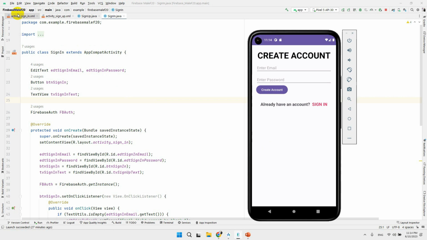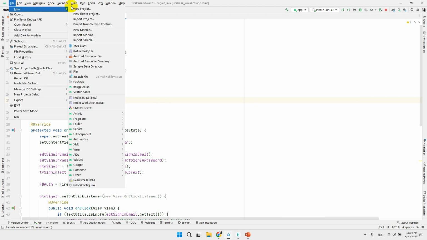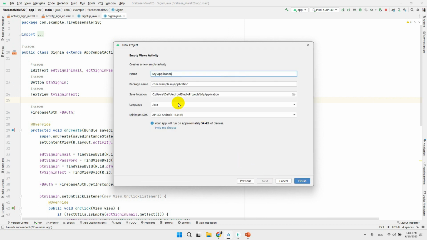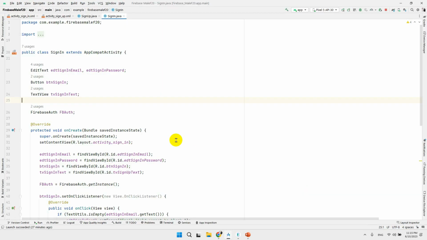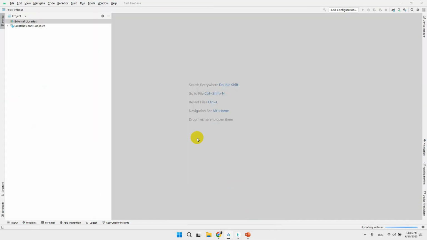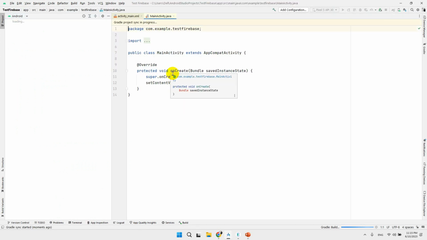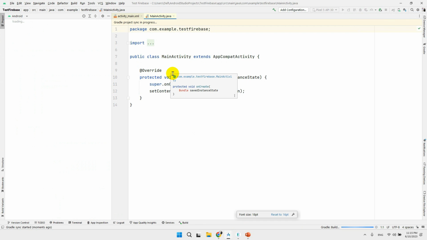So first of all, create a new project in the Android Studio. Give it a name, test Firebase, and leave the rest of the fields as it is, and just click finish. So here our new project is being created. So first of all,